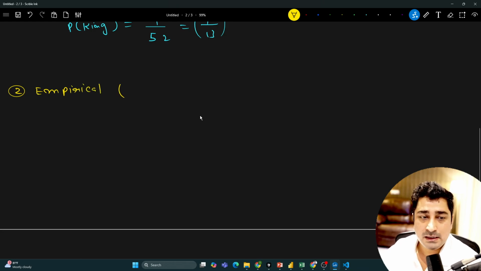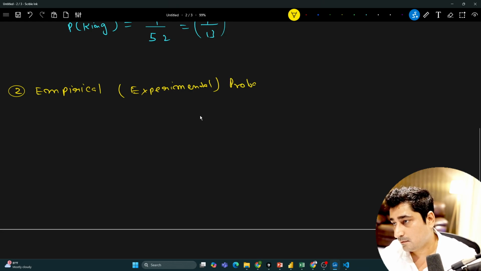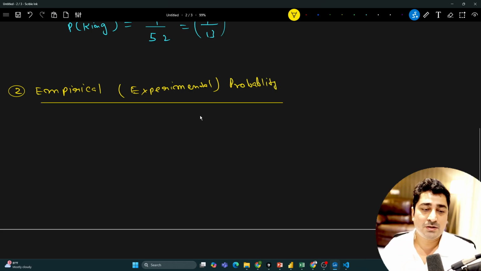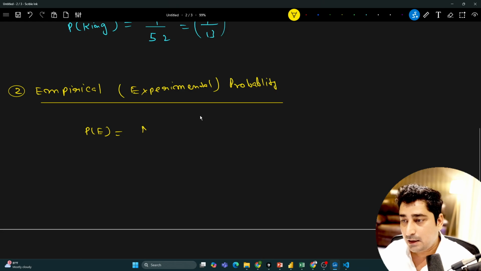In other words, it's also called experimental probability. Now what falls under this empirical or experimental probability, and what is the formula for it? Again, the probability for any event is going to be